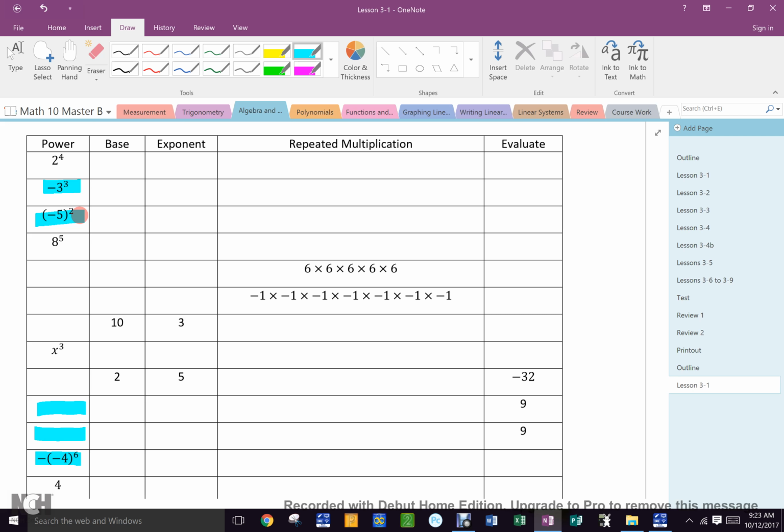We should do the first one as an example. Base is in the first one. 2. Exponent is 4. It looks like 2 times 2 times 2 times 2. And what does the word evaluate mean? Yeah, you guys like the word solve, but it just means what is the final product